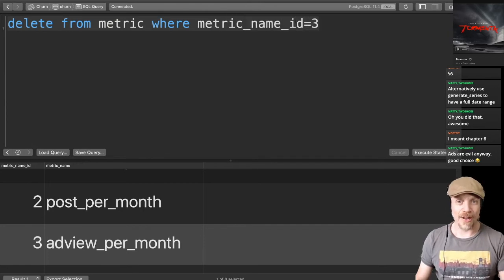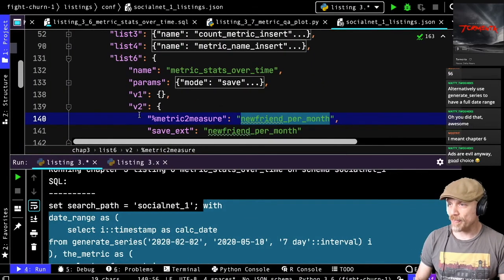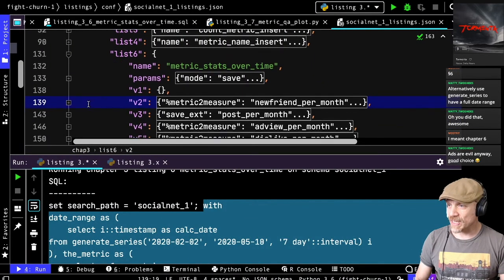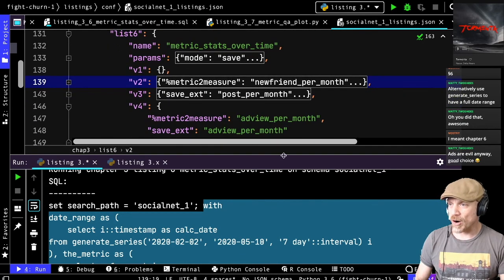So I'm doing this all to make a demo of what it'll look like if you were really missing data. Alright, so we're deleting the add view per month metric. We deleted 160,000 metrics. So now let's recalculate the add view per month metric, which is, let's see, version 4